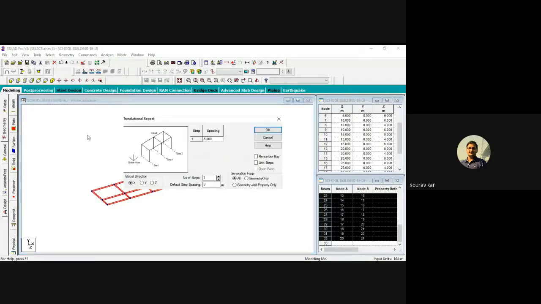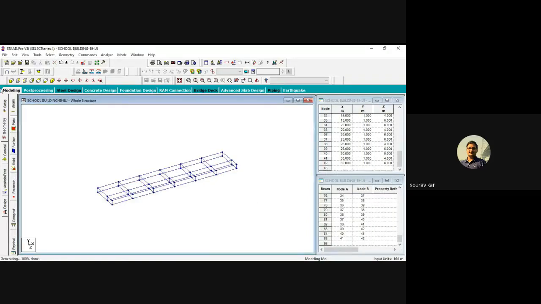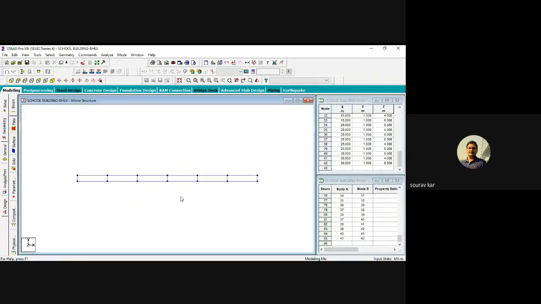We will go for translational repeat in the y direction. Number of steps 1, spacing 1 meter. Okay, this is the plinth level. If you can see, this is the plinth level. And after that,